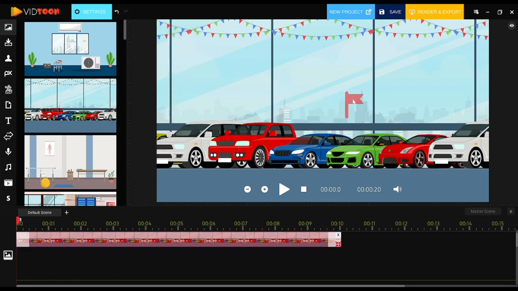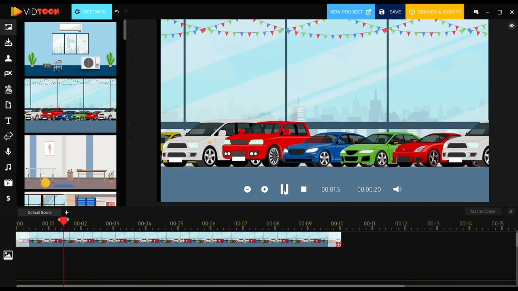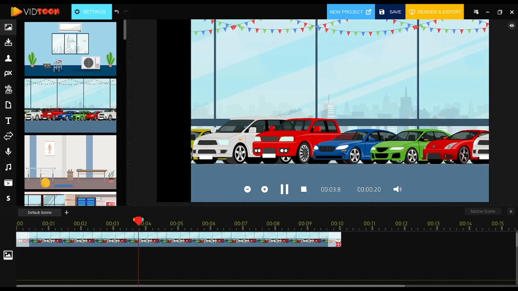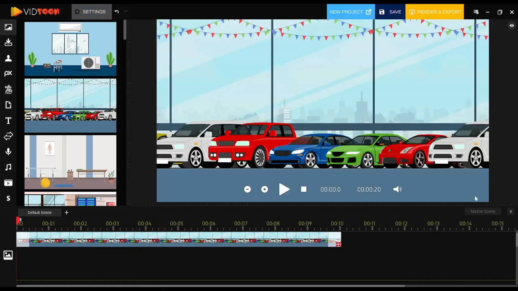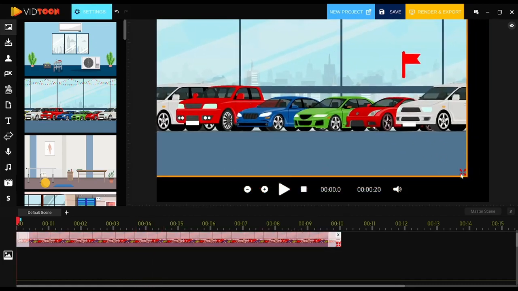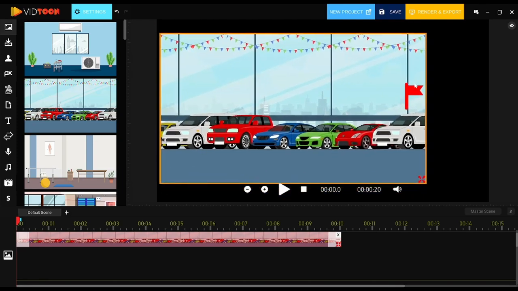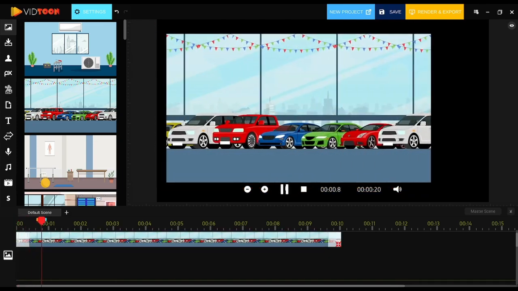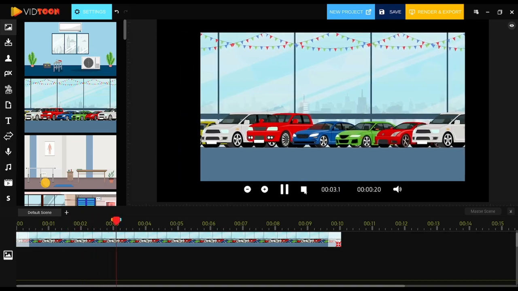Now there's a really cool trick here about the Move A to B animation. If you want this animation to go faster you simply have to move the red flag more to the side where you want it to move to. The further from the center you move the red flag to, the faster the animation will be. Another important piece of advice about using this animation is that you might need to resize your background image so